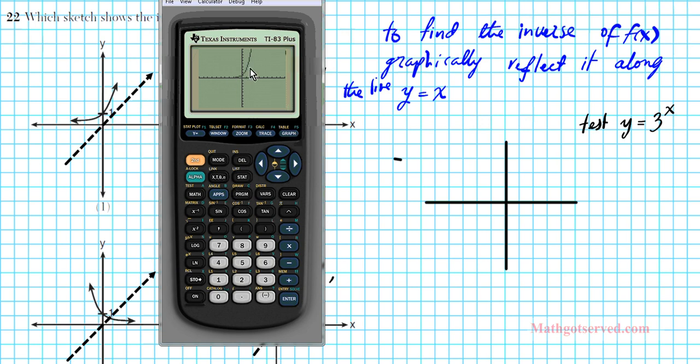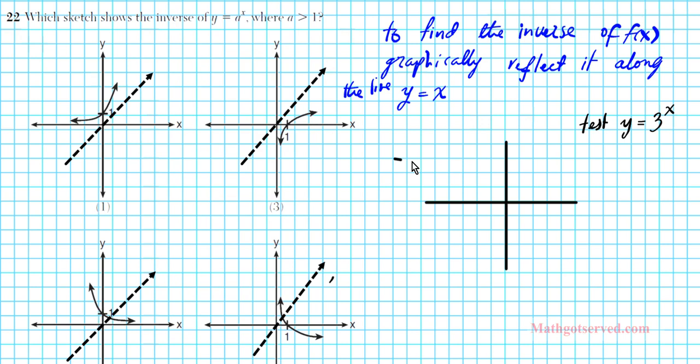All right, that's what a typical exponential function looks like. We shouldn't be surprised about that. So let's go ahead and graph it. So if we graph it, it's going to be something like this. Okay, if we reflect this line along the line y equals x, what do we get? Now, one thing you want to notice, if you had just graphed the original function y equals a to the x, right? If you graph y equals a to the x, and you thought you were done,